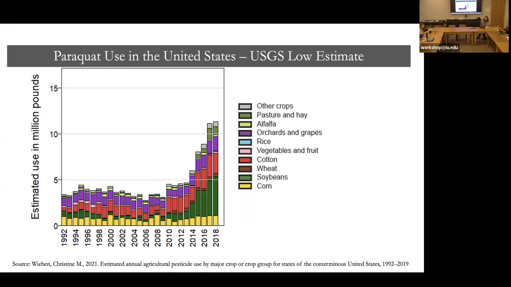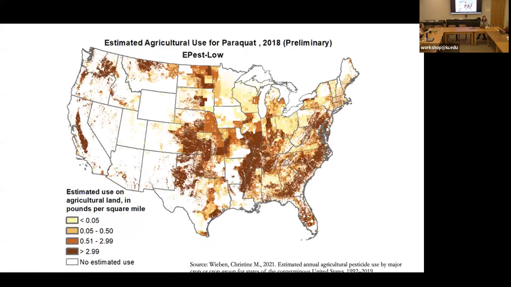We boomed, right? Cotton, paraquat's used as a desiccant. Soybeans, paraquat's used as a desiccant. Orchards and grapes. Geographically, where does this look like? Where do we have the most intense paraquat use? Surprise, not. The Mississippi Delta, the Cotton Belt in the Carolinas, the agricultural baskets of California, the San Joaquin Valley,